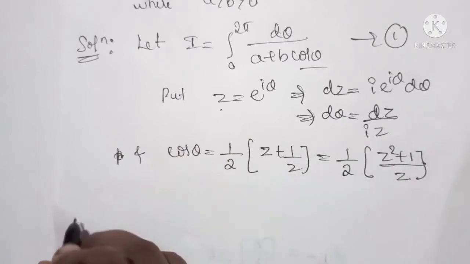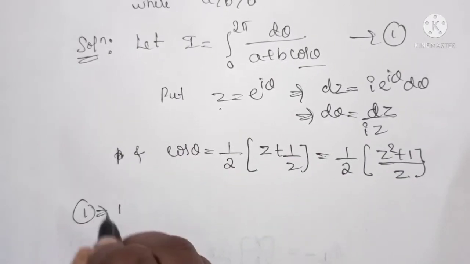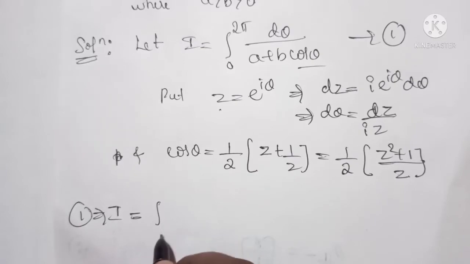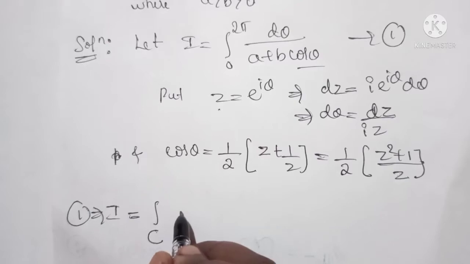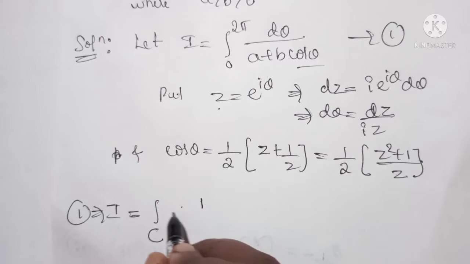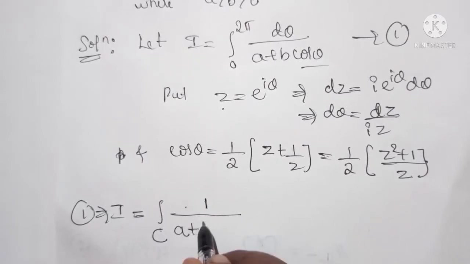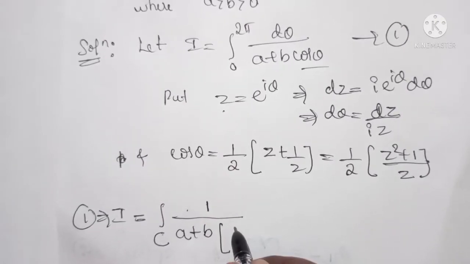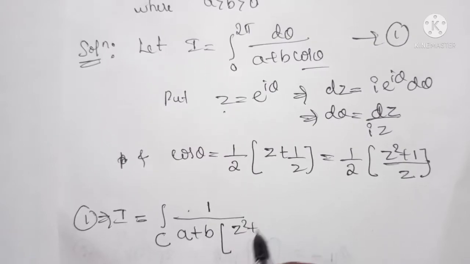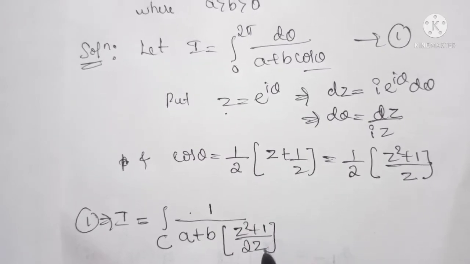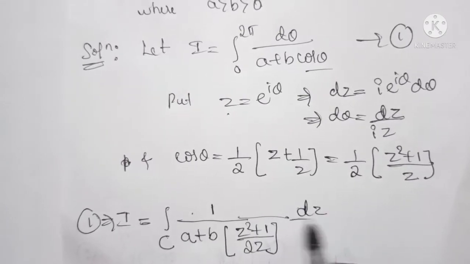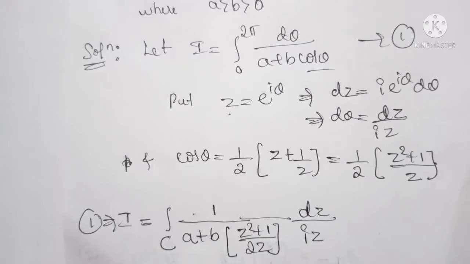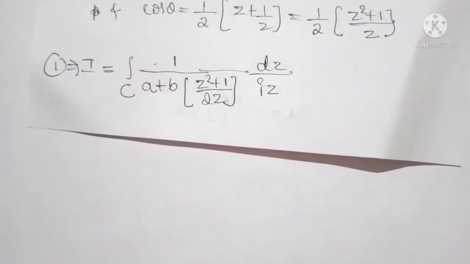Substituting into equation 1, we get I equals integral over C. First we keep a as it is and b as it is. Cos theta value is z square plus 1 divided by 2z, and d theta value is dz divided by iz. Further simplifying this one,